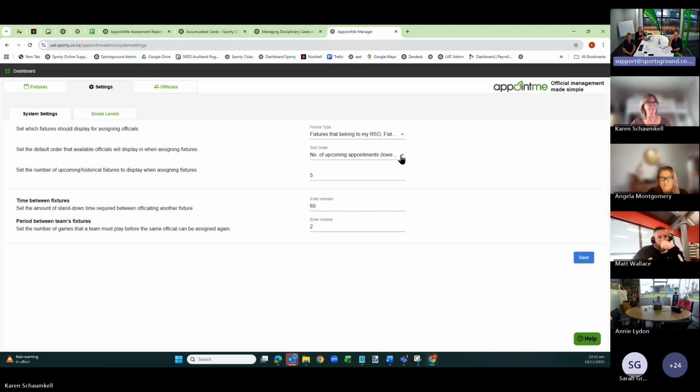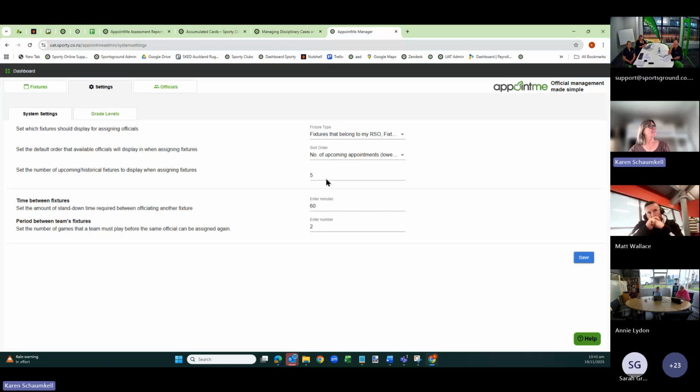So this is in relation to when you're assigning officials to a specific fixture. We take into account a number of attributes, and we'll show you what this looks like a little bit later. This may not make a lot of sense just now within the view, but Karen's just letting you know that there is an option for you to set that. Yeah, true. Thanks, Sarah. This will make a lot more sense in a few minutes when I show you from the other side, from the actual referees' settings and how they are appointed to a game. So it'll all start making sense in a couple of minutes, hopefully.